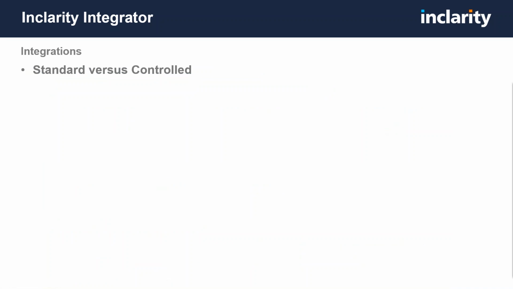On a majority of integrations found on the website, you will see a classification of standard. This means that that particular integration by default is available. You may, on very rare occasions, find that an integration will be classed as controlled. This means that the integration is not available by default, and should a customer require integration with that particular CRM, then this will need to be raised with your Inclarity account manager and with us at the pre-sales team, as